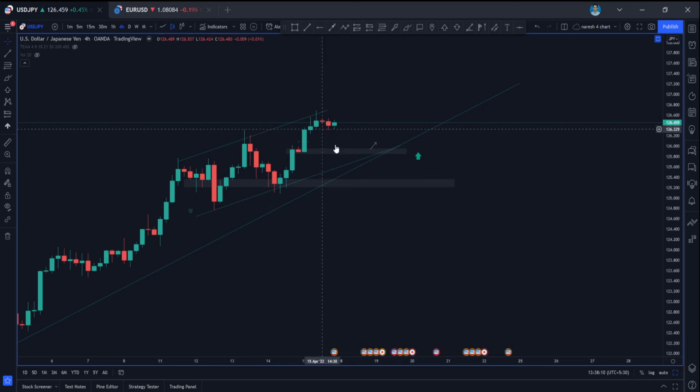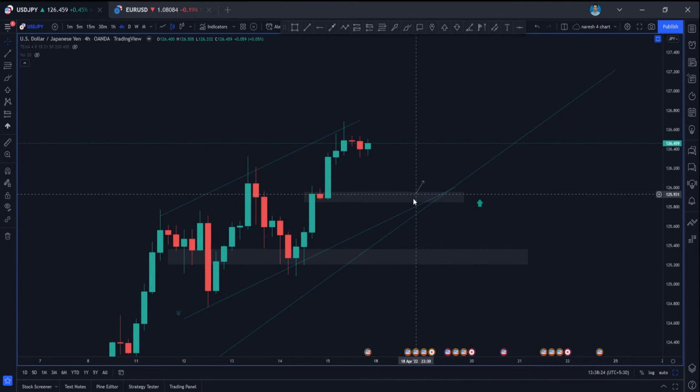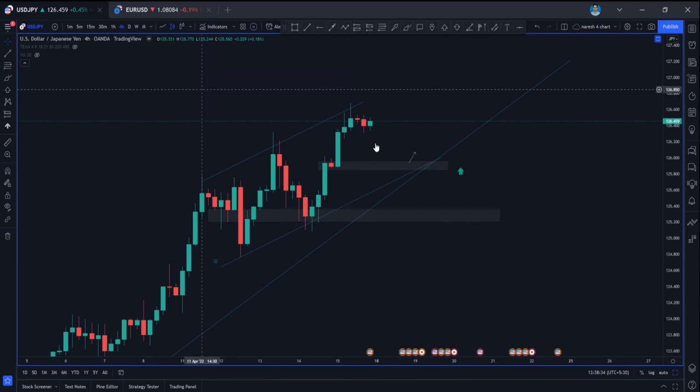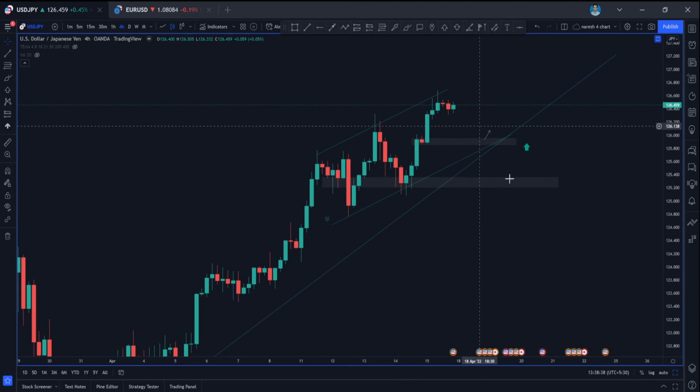So we are having confirmation with two things. We are also moving in channel pattern, so it would be an important support using the channel pattern, and it is also an important support from the trend line as well. So I'll be looking for long entries after the retracement of price coming to this level, and I'm looking for long entry from here, guys. So that would be for USD JPY. I'm not planning to go for short entries because the momentum is super good for USD JPY. So I'm going with the trend.